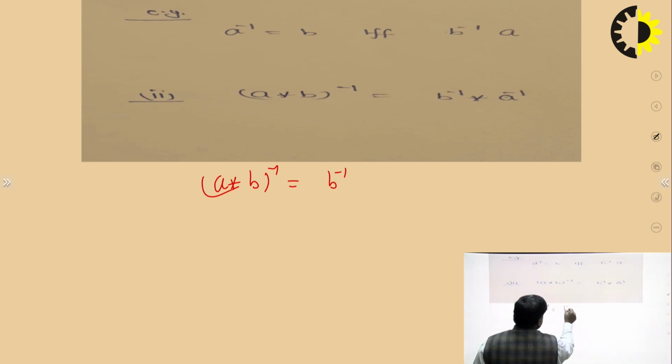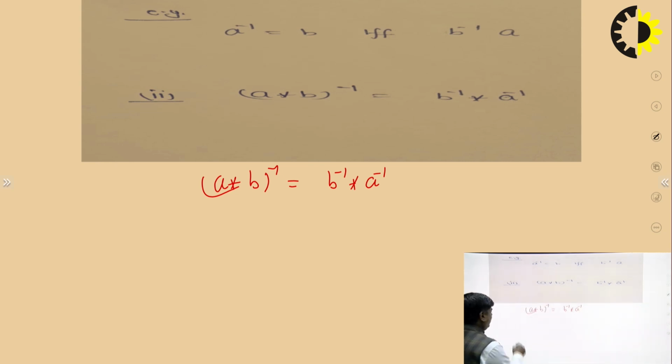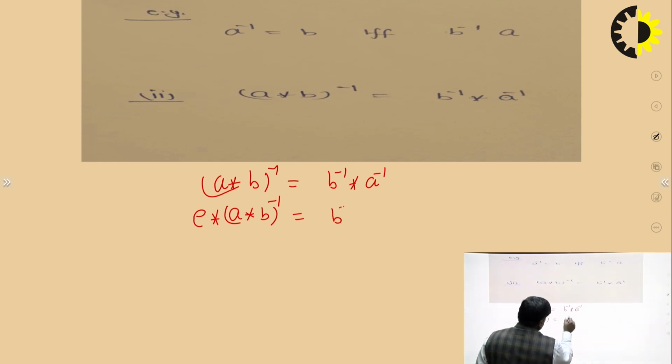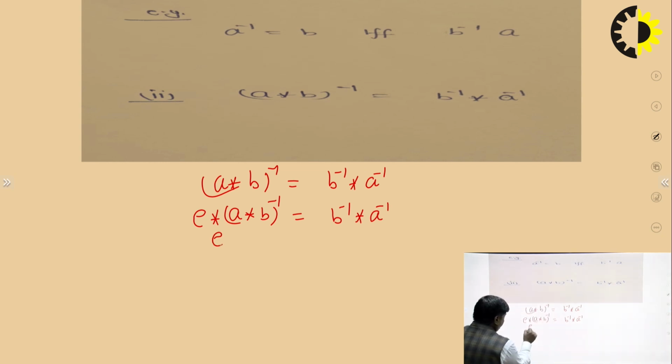Now taking A B inverse, that is B inverse and A inverse, and according to the property of the group we can multiply by E: A into B inverse, and here B inverse A inverse, and we write here E, A into B,